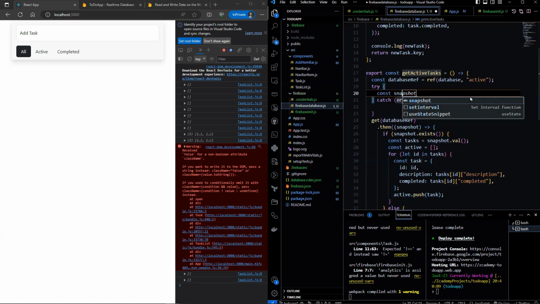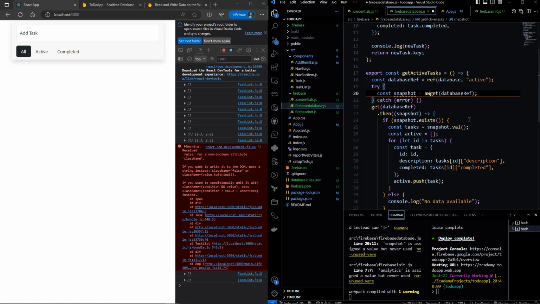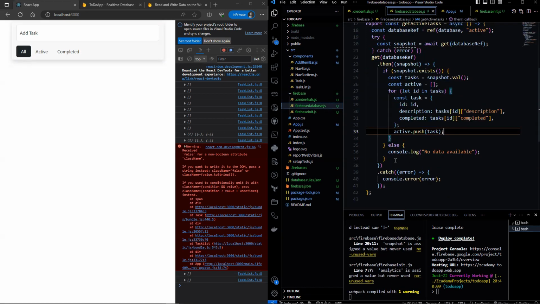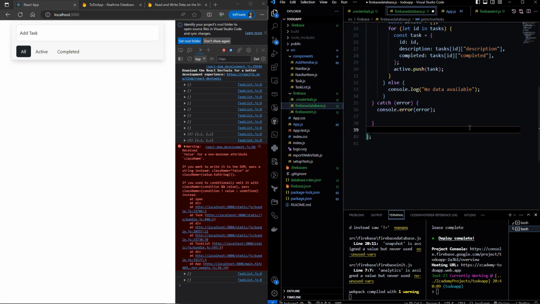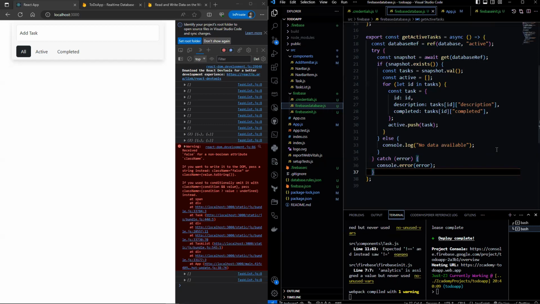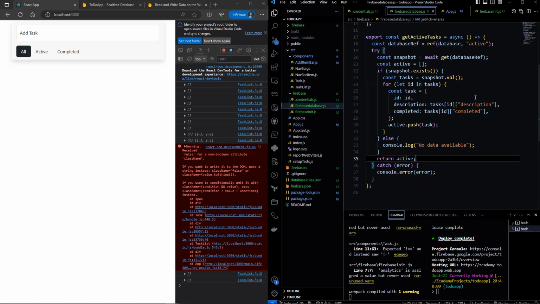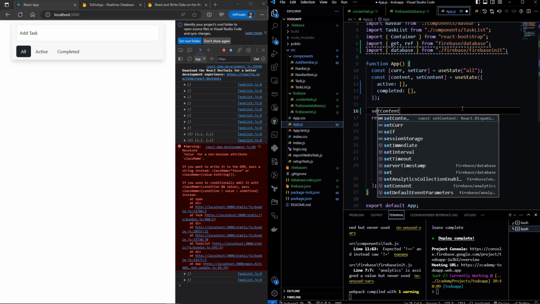Let's set the value of snapshot to be this. Now we'll be utilizing await to wait for the promise. Then let's move this code block in as well. Let's move the active variable out of the if block and return it here. Then let's head over to add.js and set the content here.